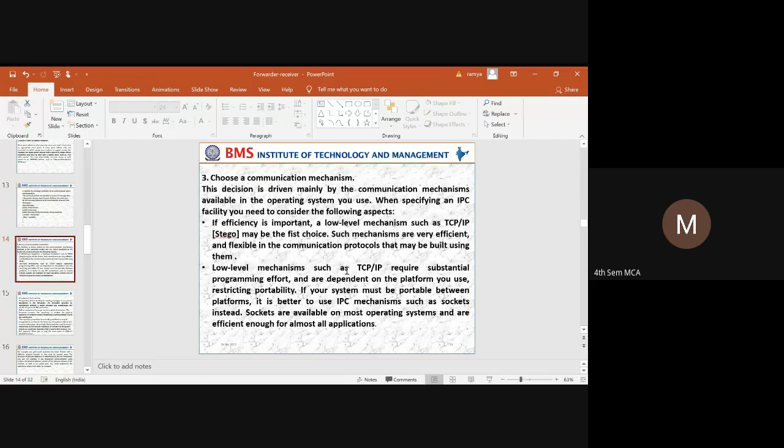And step 3 is we need to choose the communication mechanism. In what way the mechanism has to happen between peer-to-peer communication. While selecting the IPC mechanism, we need to consider two different aspects. The first is efficiency, how important efficiency is at a lower level mechanism.